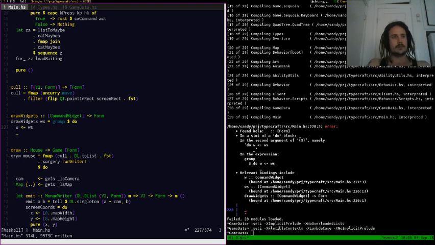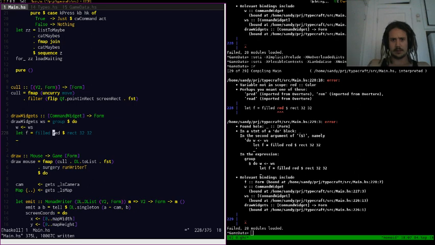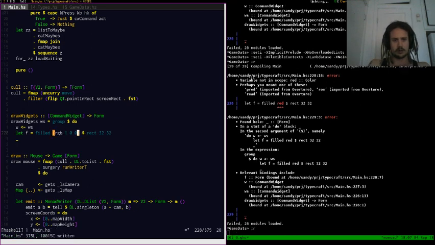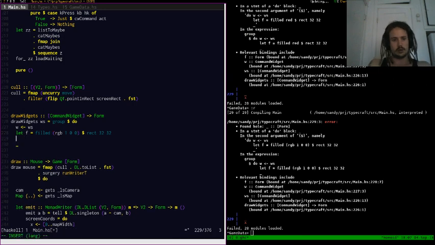Okay, so I guess we'll make a rectangle, 32 by 32 pixels. Let f is equal to this. We'll fill it with red. Red is not in scope, but we can say RGBA or RGB 100. That's red. We still need a thing, and then we need to move this into the right location. So P is going to be,